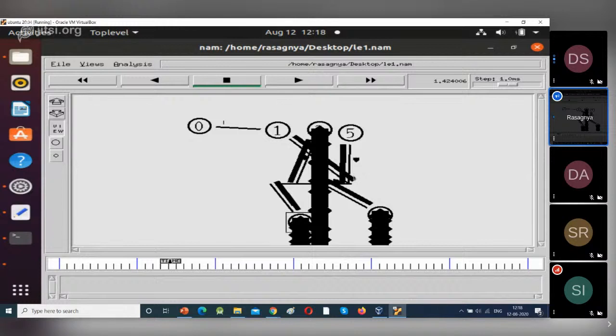So it is sending acknowledgements to this LAN cable, and this it is sent to 1 and 1 is sending to 0. See, 0 is sending data to 1, 1 is sending data to this LAN cable. Through this LAN cable, 5 is receiving the data. So after receiving the data, this 5 is sending acknowledgements to 0. So these packets are acknowledgements. Because this is a TCP protocol, we have acknowledgement. So if you observe, this 3 is dropping the data and the remaining 2 devices, that is 2 and 4, are also dropping the data.